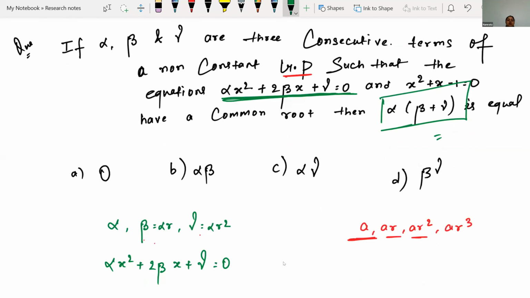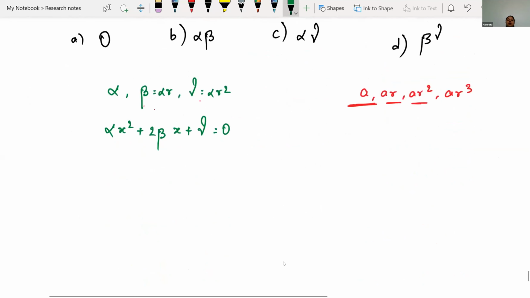So let's do that. If we substitute the values of alpha, beta, gamma according to the concept of geometric progression, what will we have? So alpha x square, alpha I am keeping as it is, beta,